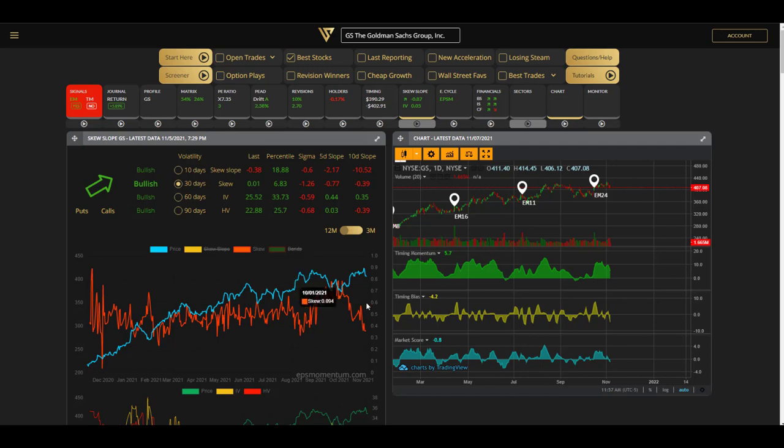So what can we see here again? If we look, the skew is 0.01, right? So it's very low. Okay, so 0.01, and yet the percentile is 683. So that is very, very low by historical standard for that full year, and interesting to see. It's actually 1.26 sigma, so 1.26 standard deviations down compared to the mean, right? And the skew slope,